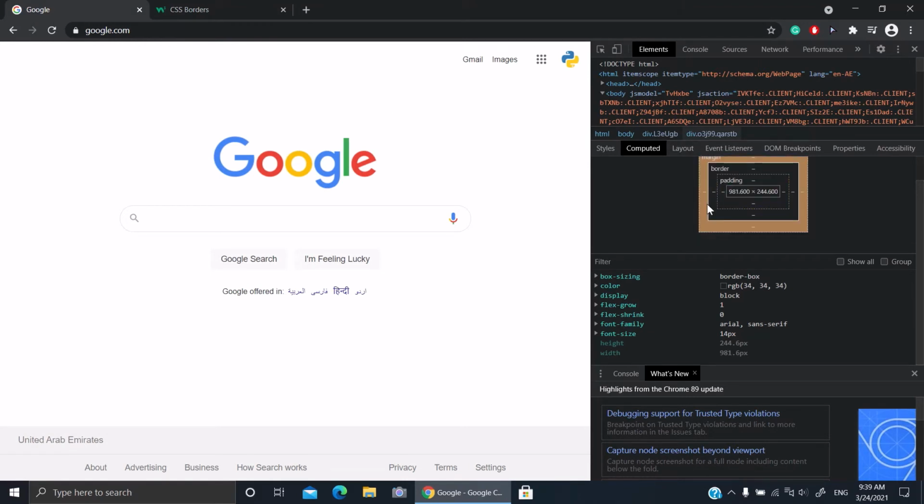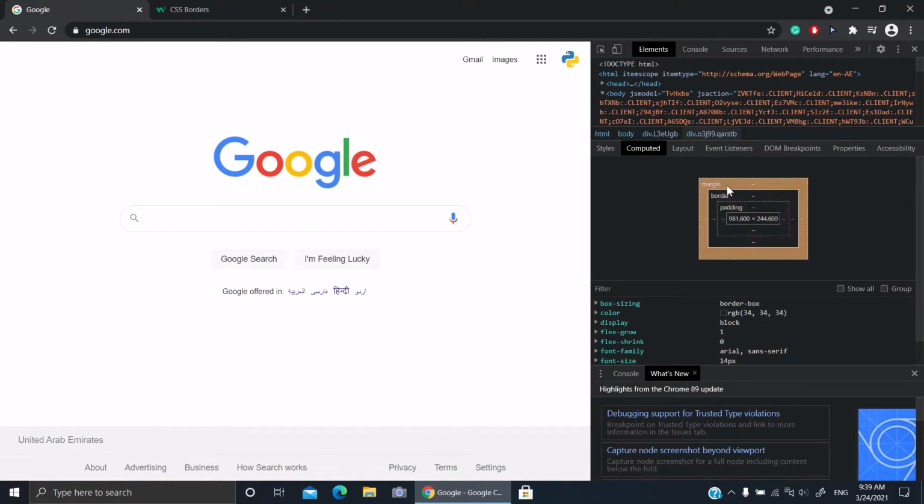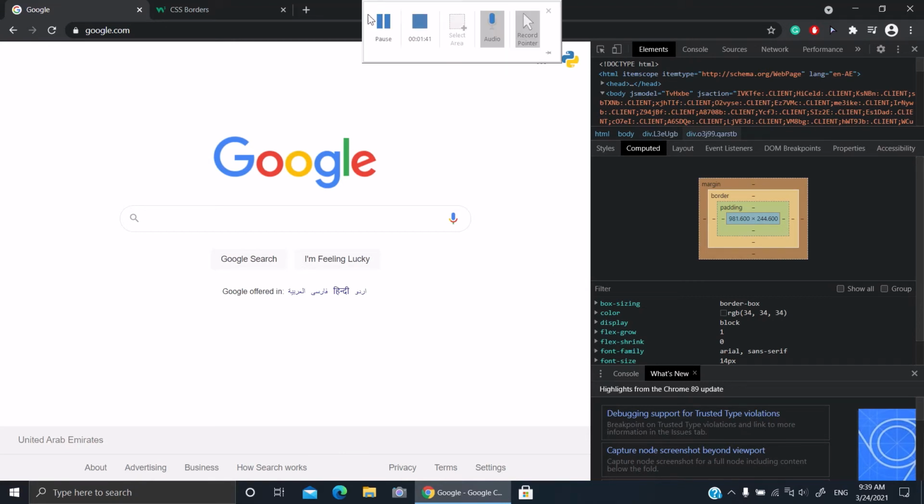So here we have the margin, and in CSS we use pixels. 1 inch is equal to about 96 pixels. 1 inch equals 96 pixels, around 96. Okay,